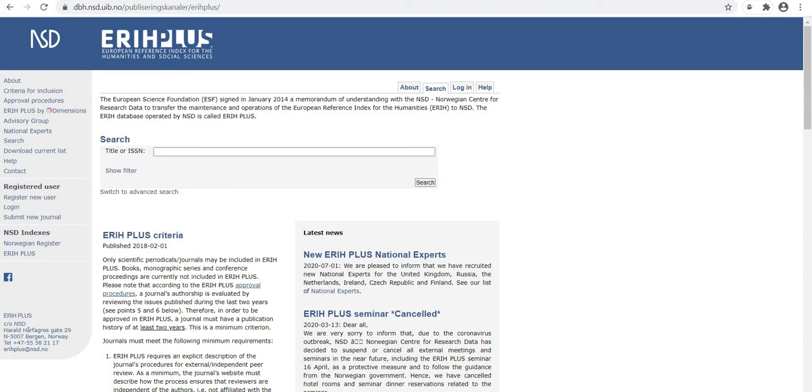This is an upgraded form of ERIH that was established by the European Science Foundation and was transferred back in 2014 to the Norwegian Centre for Research Data (NSD), and now NSD is responsible for maintaining ERIH Plus, which is considered a high quality reference index to find good journals throughout Europe, Russia, and some other countries. So this is the website of ERIH Plus.